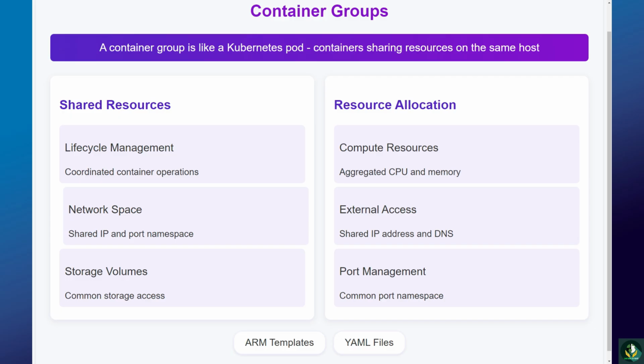1. ARM templates. Recommended for complex deployments, Azure service integration, resource dependency management, template-based configuration, infrastructure as code. 2. YAML files: simplified configuration, container-focused deployments, concise syntax, easy maintenance, quick modifications. Implementation considerations: resource planning, calculate total resource needs, consider container interactions, plan storage requirements, network capacity planning, scaling considerations. 2. Network management: port mapping